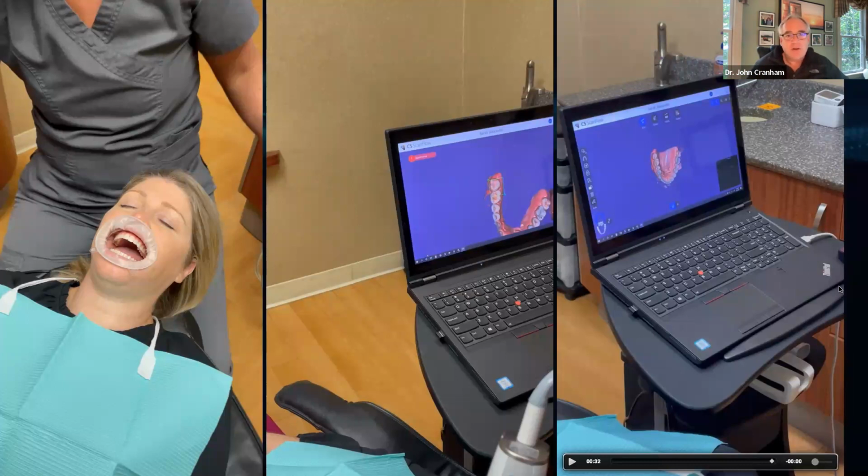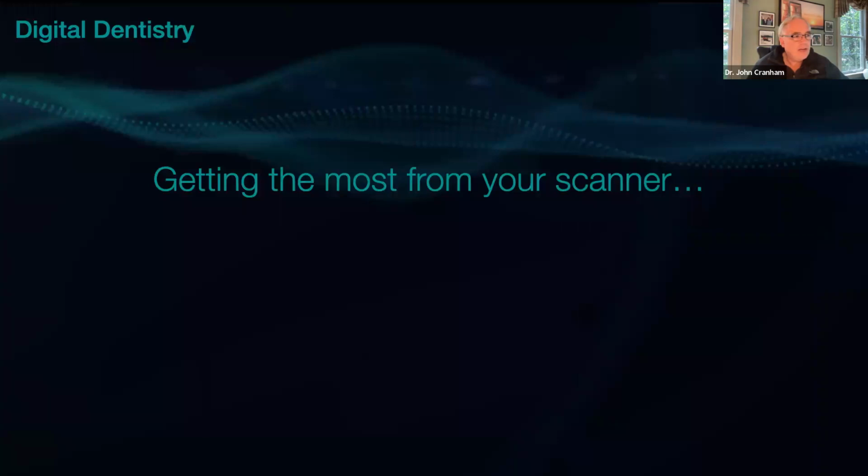The digital protocols remove a lot of pain points that, quite frankly, took me 2 years to learn in the analog world. So I want to touch on how we can get the most from our intraoral scanner,